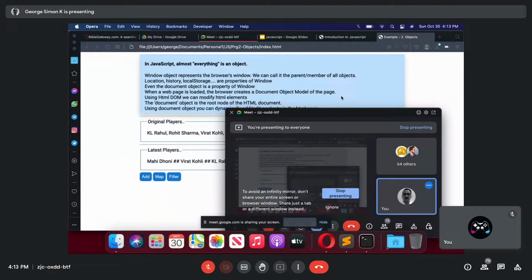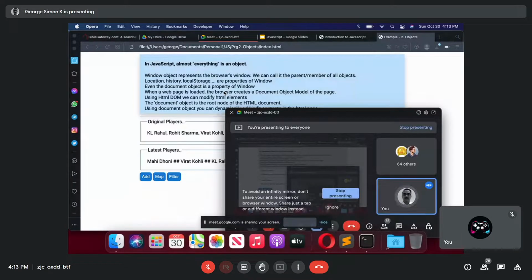That's called a document. A document object is basically created when your HTML page is loaded into the browser. The browser creates the DOM, the Document Object Model, where you access it with a predefined object called document.